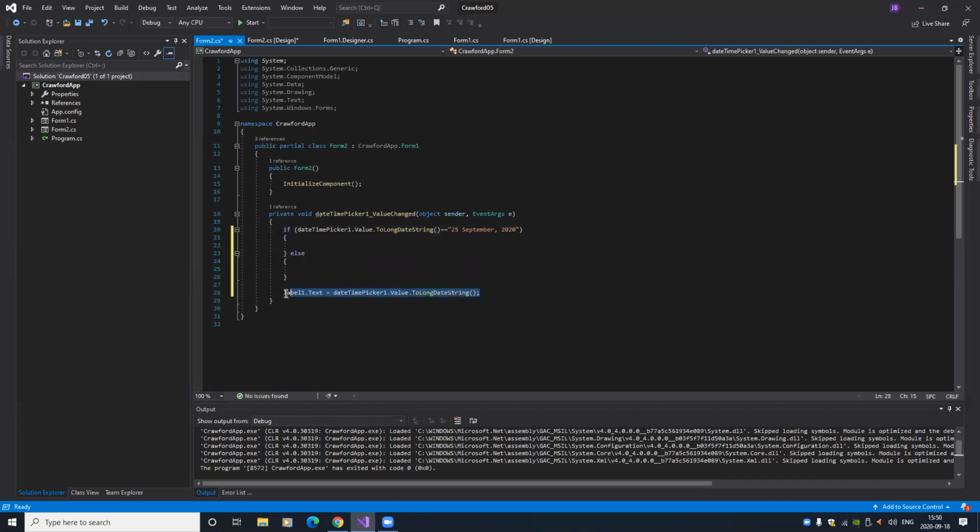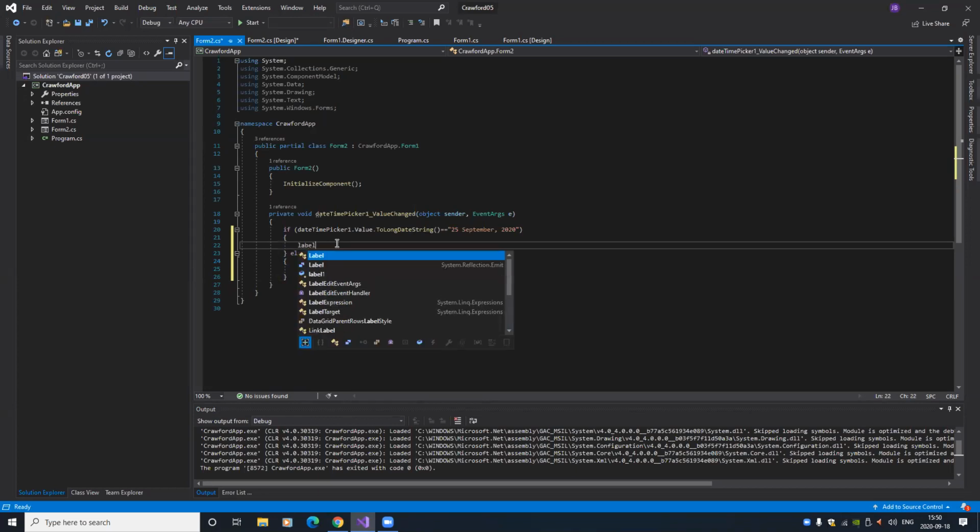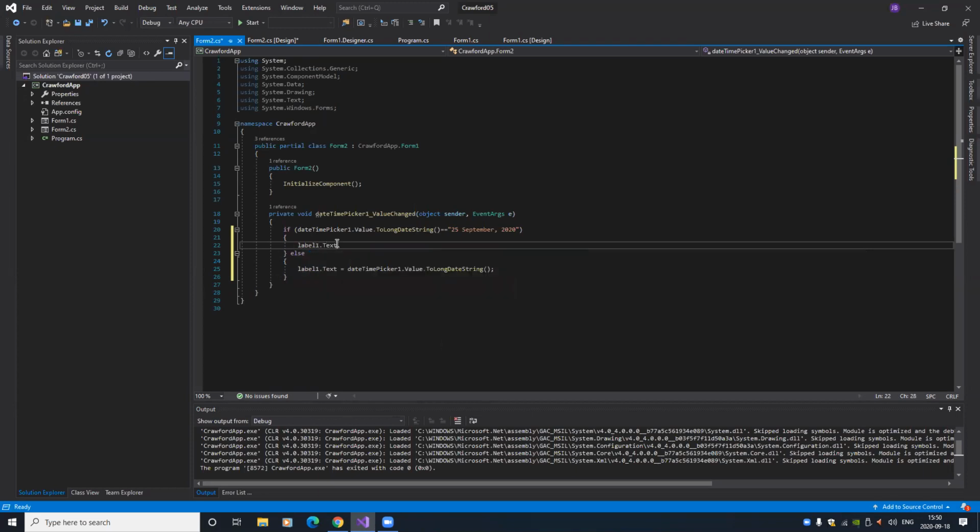And in the else statement, so if it's not that date, then we're just going to set it to the date. And if it is, then we're going to set label1.text to